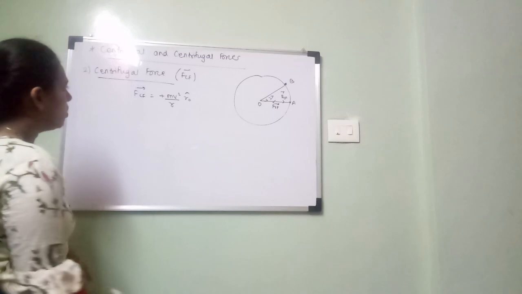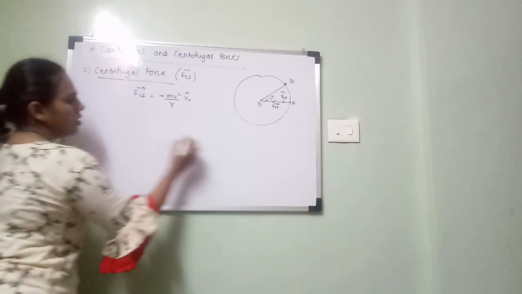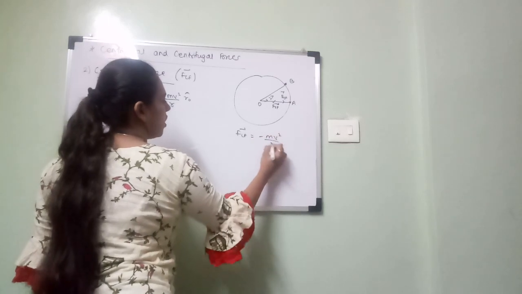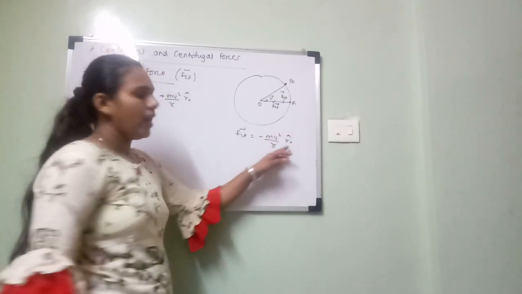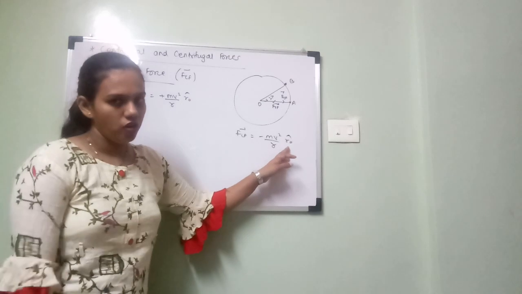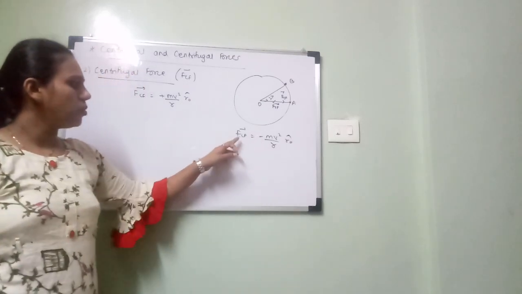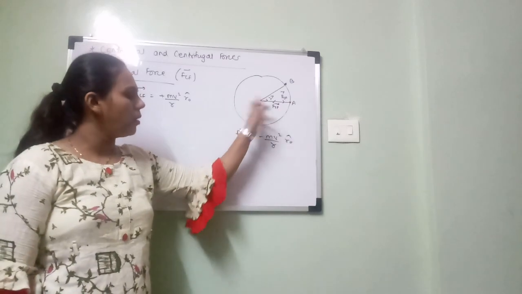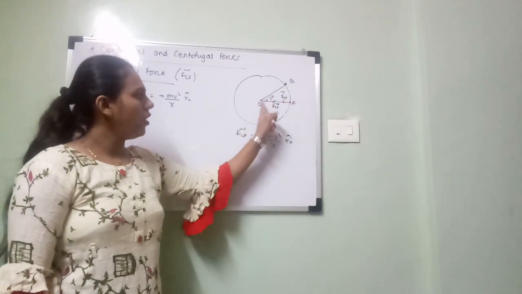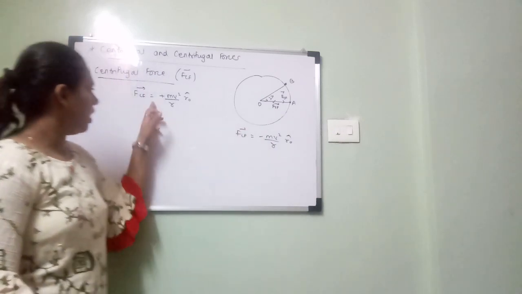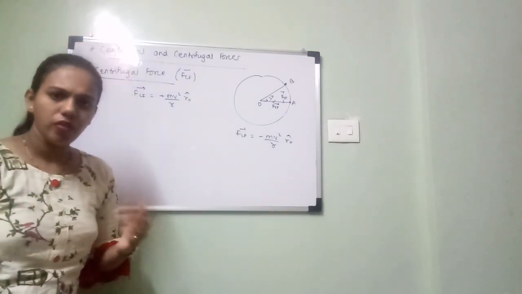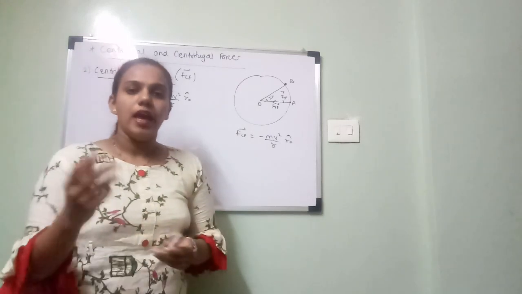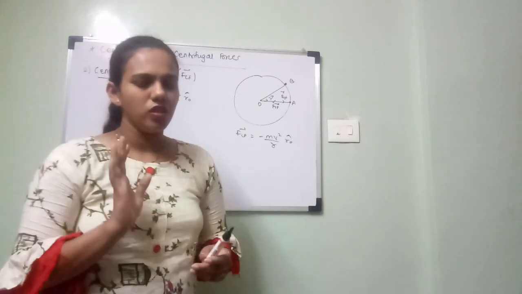For FCP you can say, if you write FCP bar, which is minus of mv square upon r naught cap, where r naught cap is the unit vector along radius vector. It is minus because FCP and r bar are in opposite direction. FCP is towards center, r bar is away from center. FCF and r bar both are away from center, so it gets plus mv square upon r. Okay, so only this, the definition, the formula of it, and 2 to 3 examples. No question will be asked.